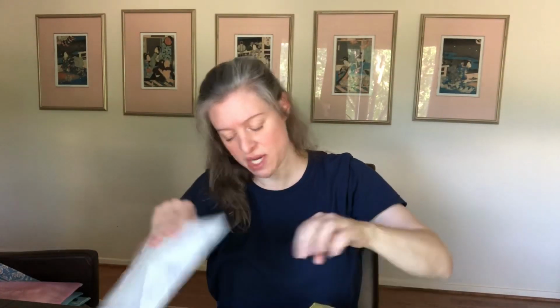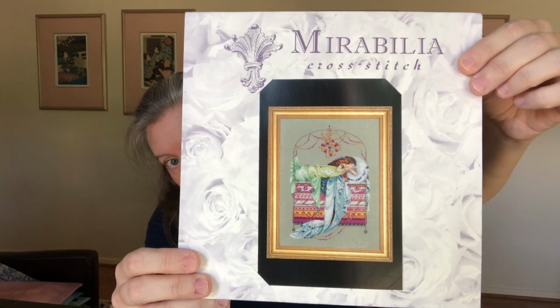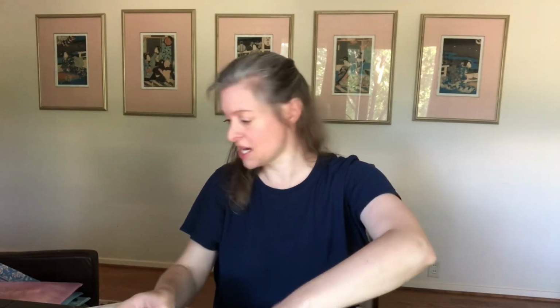All right, here's another Mirabilia. This one is called, I think, Sleeping Princess. This is what she will look like. I'm still in the bottom mattresses. I am stitching this on,